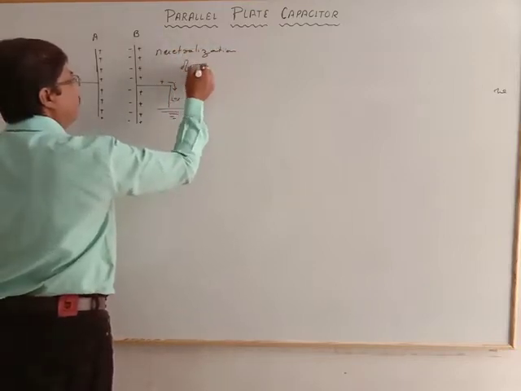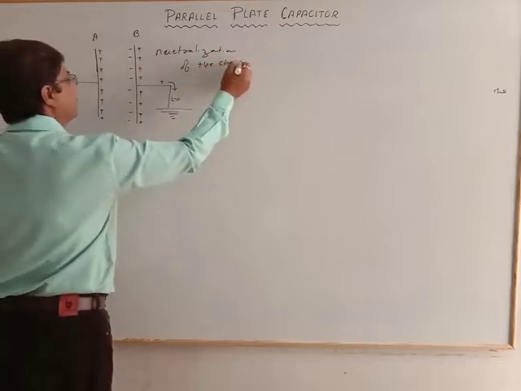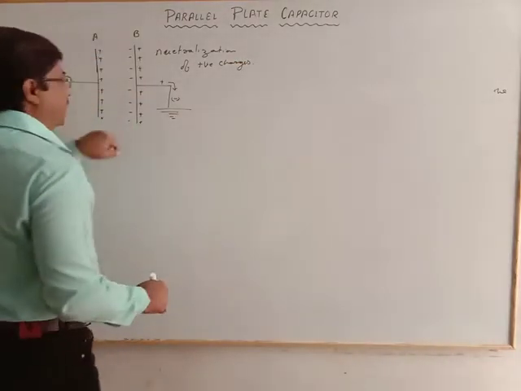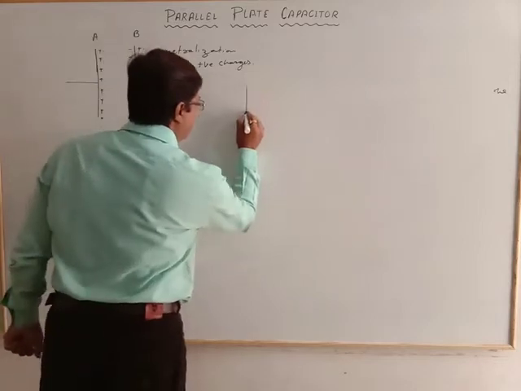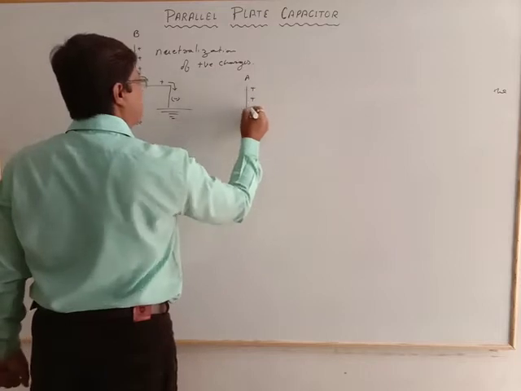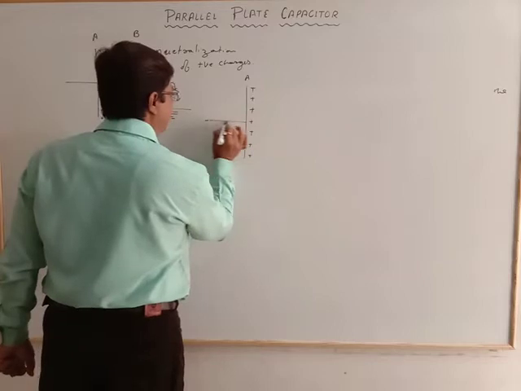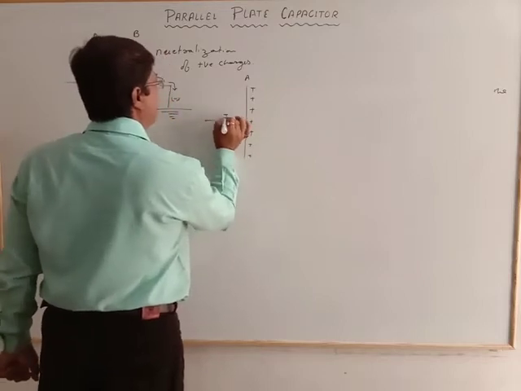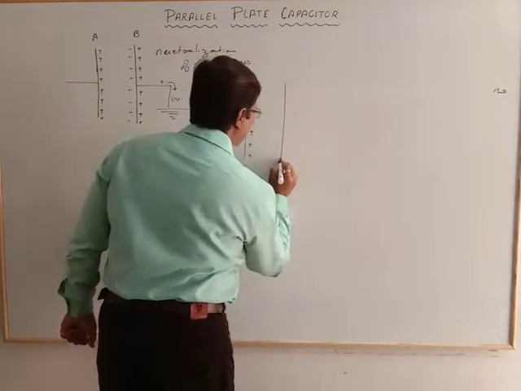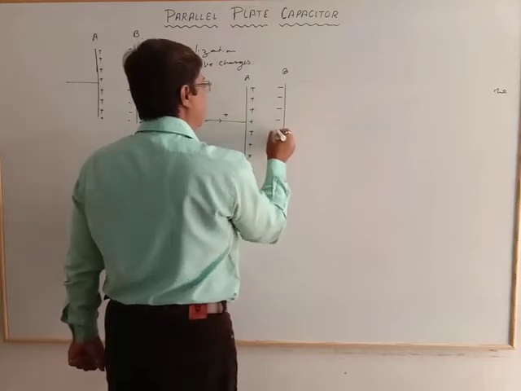of positive charges, and due to that the one plate becomes the negative one. A is the positive plate where the positive charge is supplied. Positive charge is given to the plate A, and the nearby plate B, that is the supporting plate B, is now completely negative due to the earth.